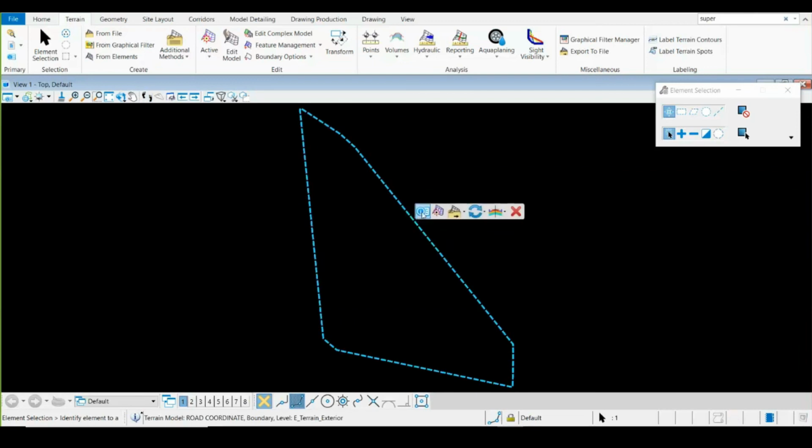A context menu with relevant tools appears, which OpenRoads Designer has been made keeping in mind that you might need to instantly select these options. First is properties, then set as active terrain, and this is most important when we are going to see our vertical profiles. We need to first set the active terrain model so that we can see our ground profile in a different viewport. Then we also have an option to delete. Suppose we want to load another file and do not want our terrain, we can delete it with this red cross.